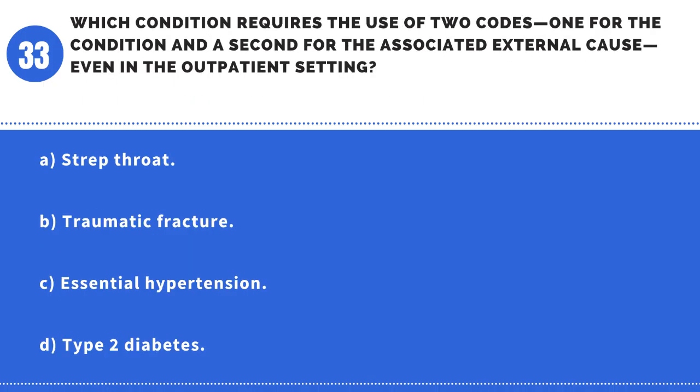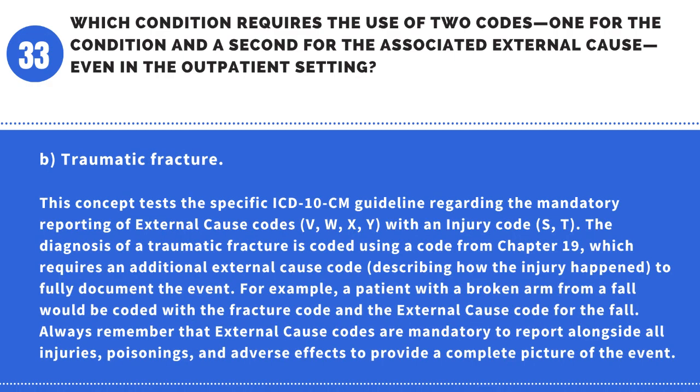Question 33. Which condition requires the use of two codes, one for the condition and a second for the associated external cause, even in the outpatient setting? A. Strep throat. B. Traumatic fracture. C. Essential hypertension. D. Type 2 diabetes. Answer, B. Traumatic fracture. This concept tests the specific ICD-10-CM guideline regarding the mandatory reporting of external cause codes